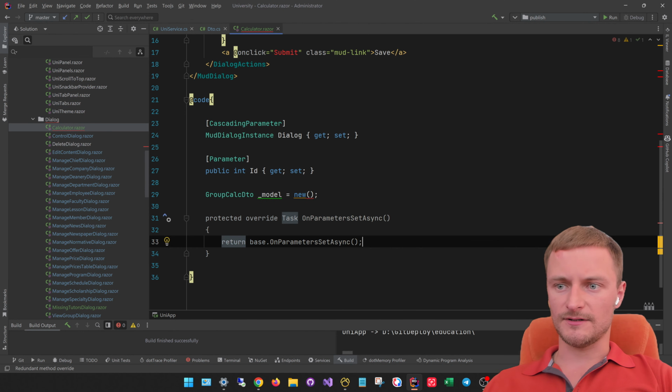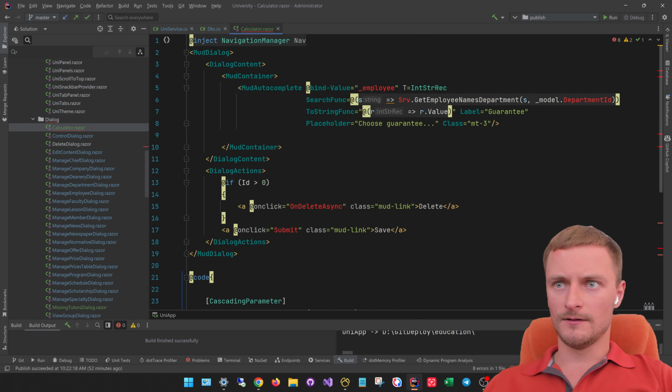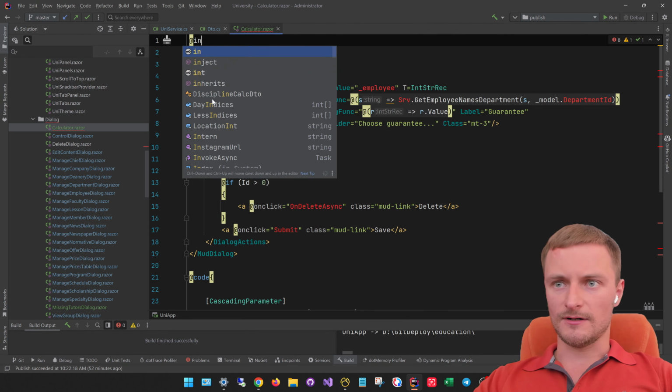So on parameter set async, and here we're gonna retrieve the model. So, and here we're gonna inherit this dialog just from the